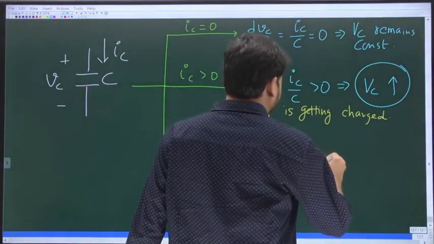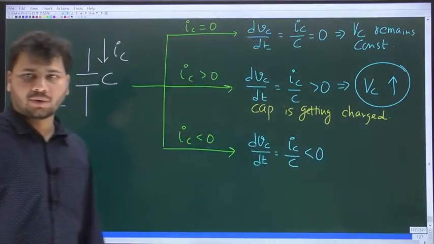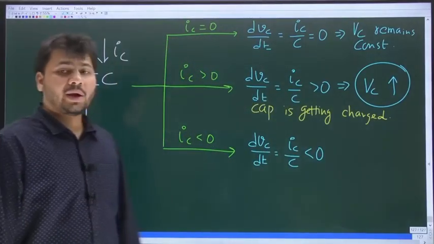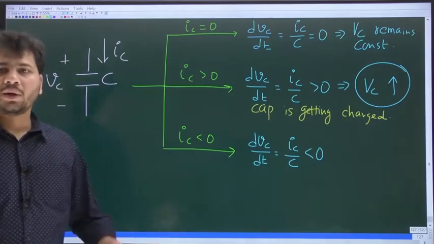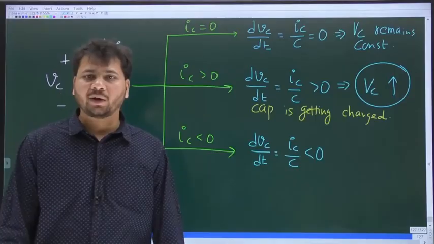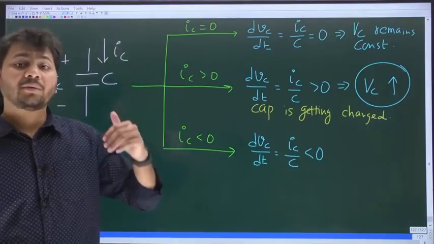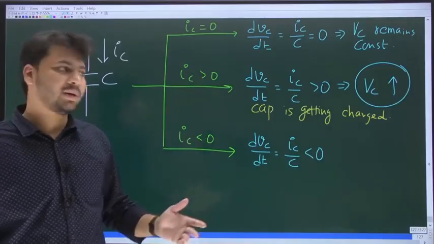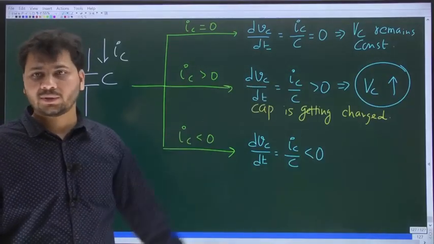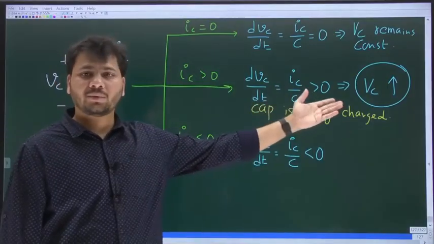That means dVc by dt is also going to be negative. Again, dVc by dt is the rate of change of voltage across the cap. Rate of change of voltage across the cap negative, that means it will decrease. Rate of change positive, it will increase. Previous case, rate of change is positive. And that means Vc is